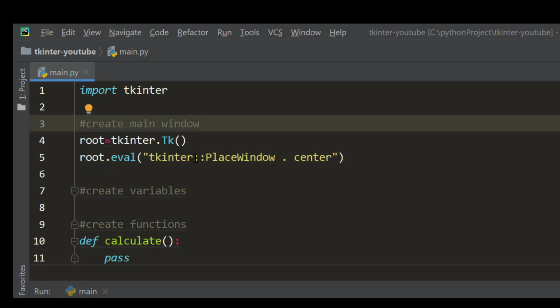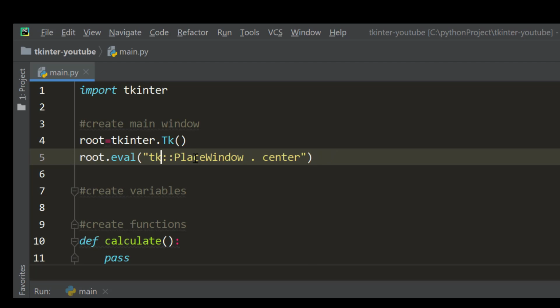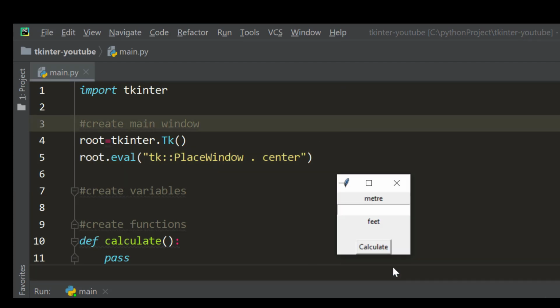So I have to use tk::PlaceWindow. Okay, fine. So if I run this, I have this opening in the center,